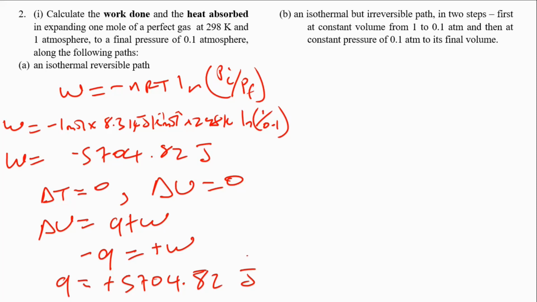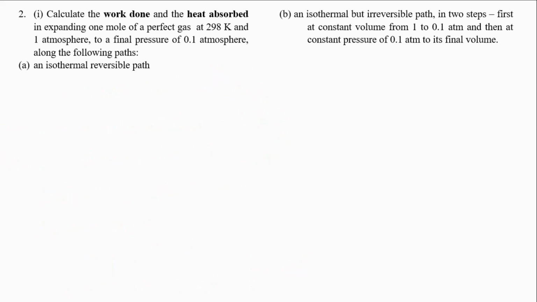So we have successfully done our calculations here for the isothermal reversible pathway. Now, what about the isothermal but irreversible pathway in 2 steps? That is question B I'm talking about, right? Isothermal but irreversible path in 2 steps. First, at constant volume, don't miss that part, from 1 to 0.1 atmosphere, and then at constant pressure of 0.1 atmosphere